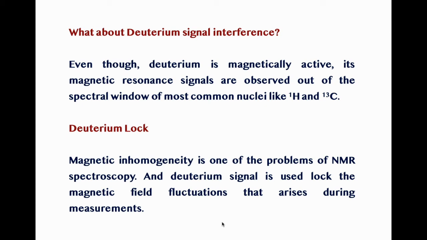a little bit of fluctuations. Another reason is that the electrical circuits which are used in the NMR spectrometer can lead to a little bit of fluctuations. Therefore, these magnetic field fluctuations that we observe in the NMR spectrometer are unwanted, and they have to be fixed. Otherwise, we will see different chemical shift values for the same compound. To fix these fluctuations, we need a signal, and this signal generally comes from the deuterium NMR signal, which is present totally out of the window. Of course, we cannot use our compound's NMR signal, because if you lock on it,